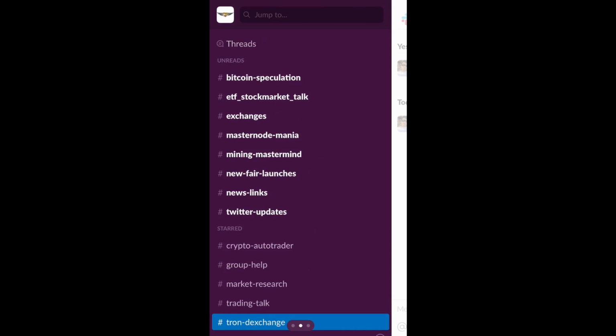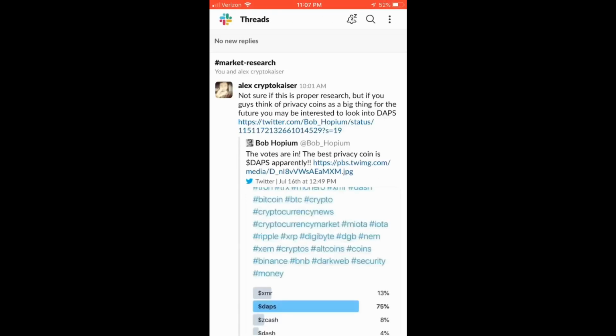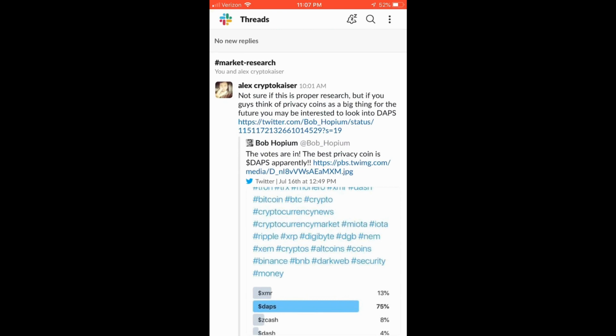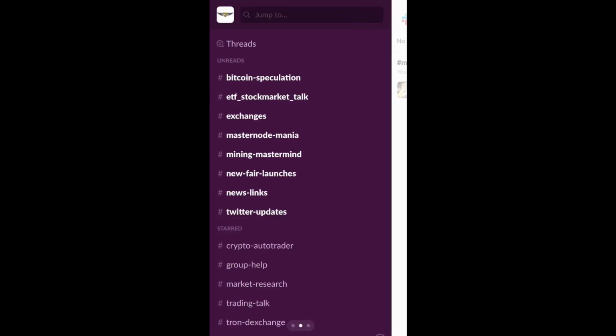The Threads option at the top will show a list of all the most recent active conversations that you can scroll through and participate in. This is just an interesting way to get up to date with the latest posts in one fell swoop if you wanted to. But you can also quickly see which channels have unread messages, meaning that there has been chat